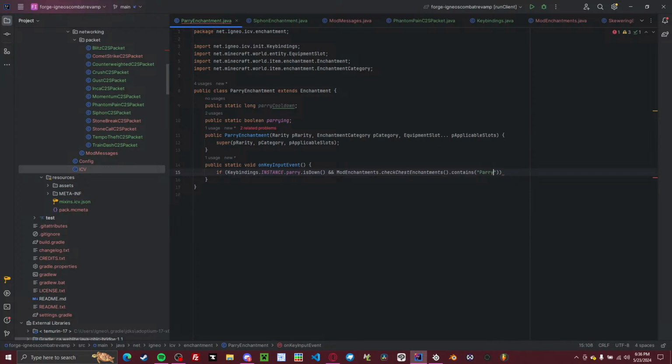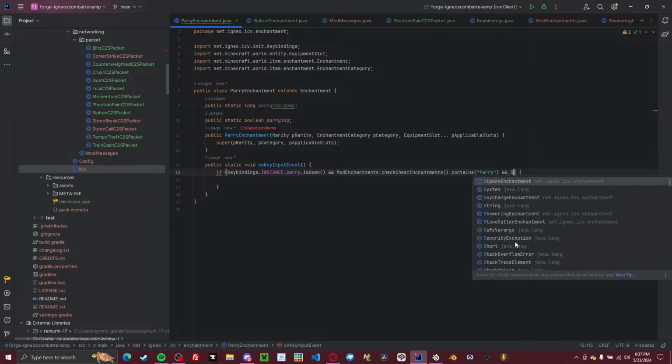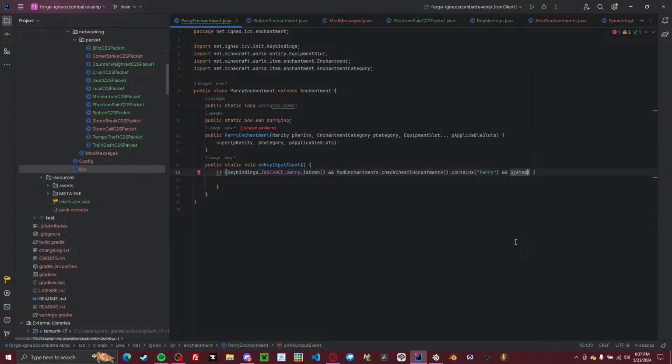Probably should capitalize the P, Parry. Alright, and then give it the curly brackets there, and then what else do we want it to do? Alright, and system dot current time milliseconds is greater than or equal to parry cooldown plus, and then the cooldown